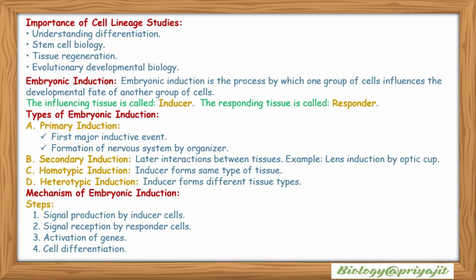Homotypic induction: the inducer forms the same type of tissue. Heterotypic induction: the inducer forms different tissue types. Mechanism of embryonic induction: the steps are signal production by inducer cells, signal reception by responder cells, then activation of genes and